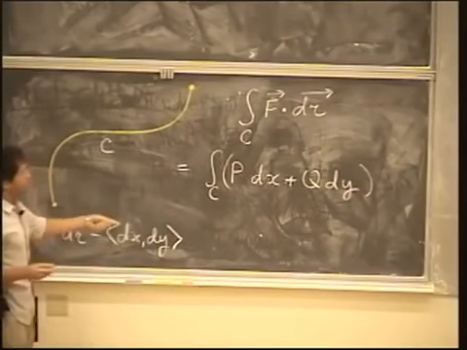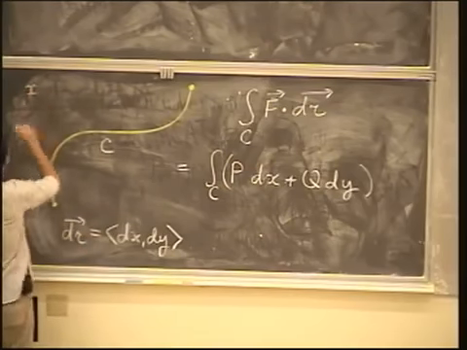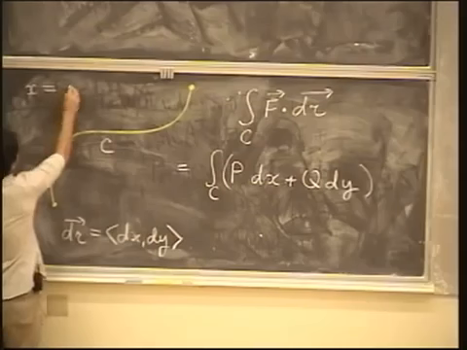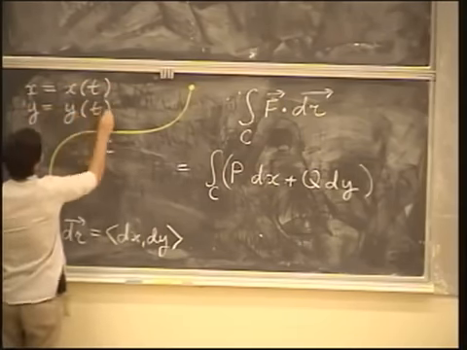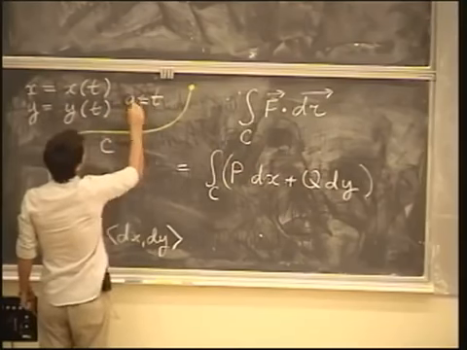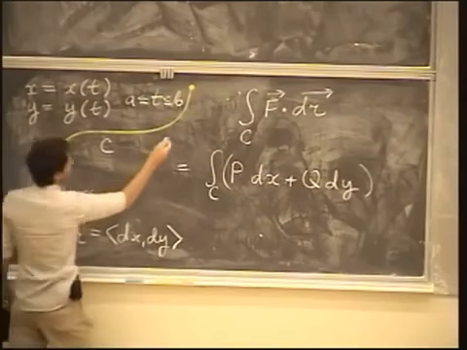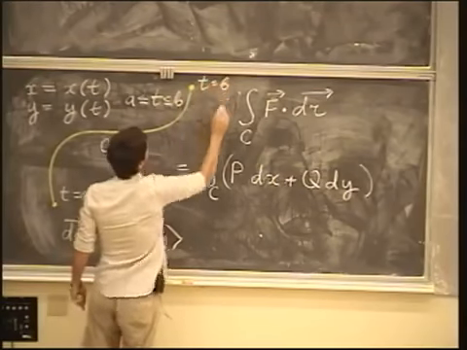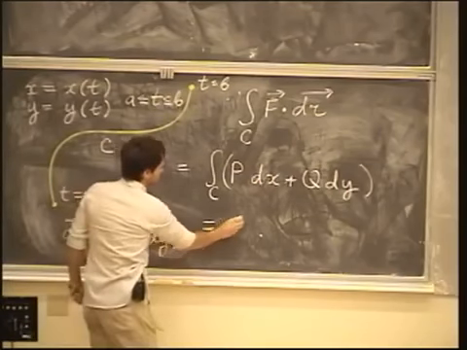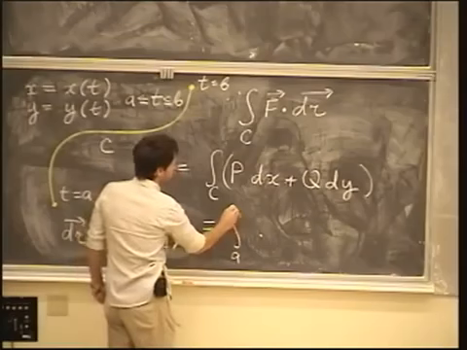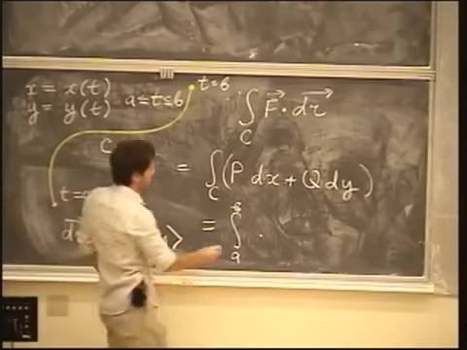And then we can write it down more concretely in a way suitable for calculation by parameterizing the curve. So we write x as a function of some auxiliary variable t, and y as a function of some auxiliary variable t, where t is between some values a and b, where, say, this point will correspond to t equal a, and this point will correspond to t equal b. If you do that, you can write it as an ordinary one-dimensional integral from a to b, with respect to dt now. But as always,